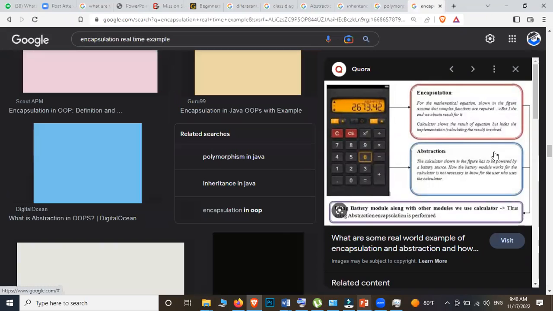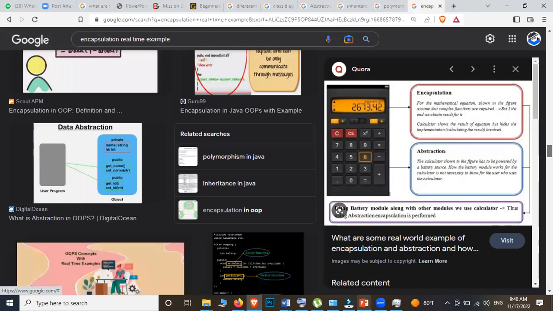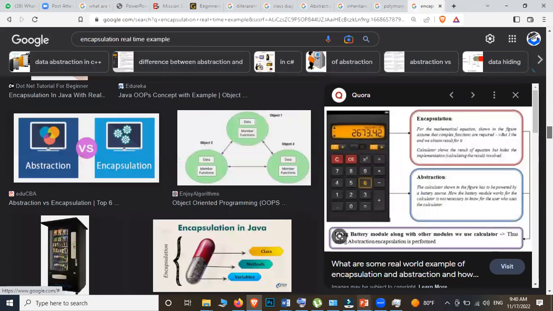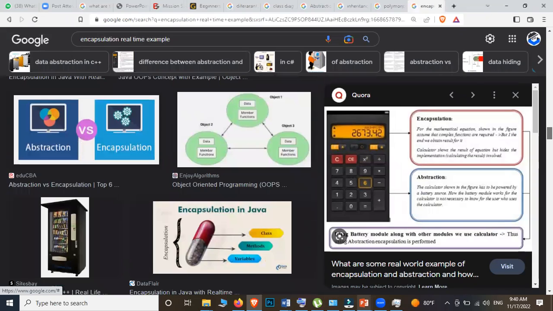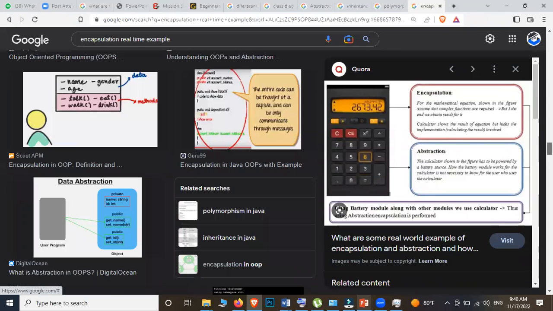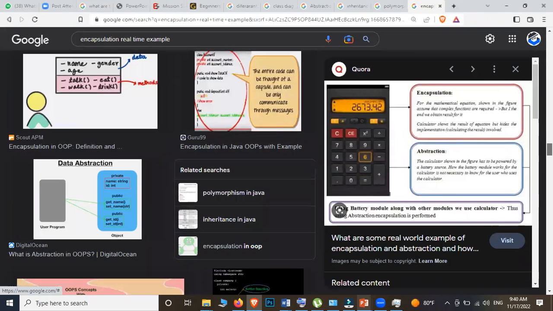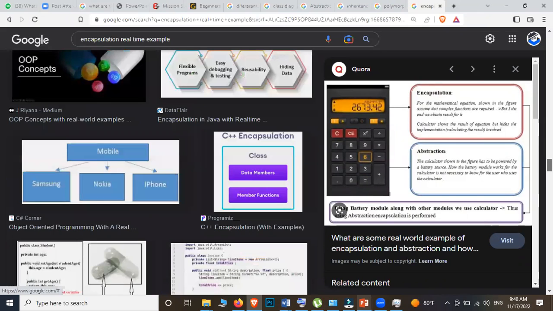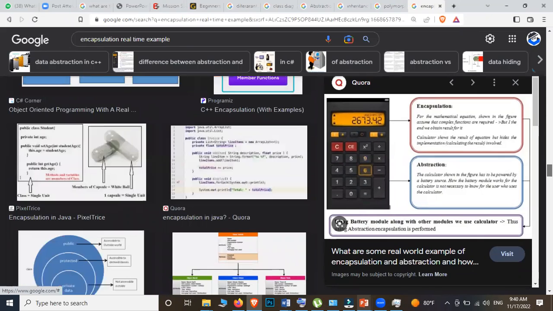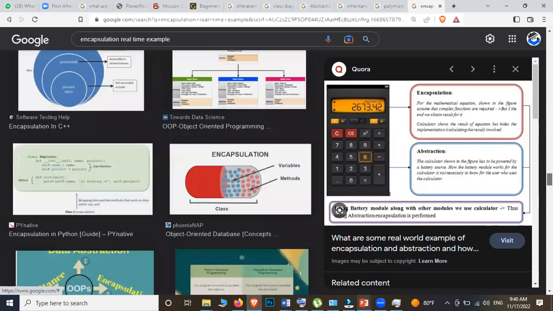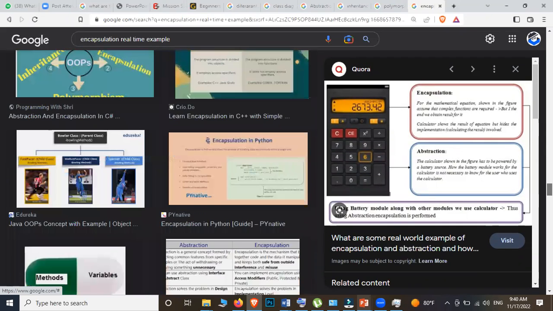Okay, this is not a good example. I'll come up with some other examples in the next class, and then I'll give you a clear idea with a coding example. Then it would be really easy for you to understand.